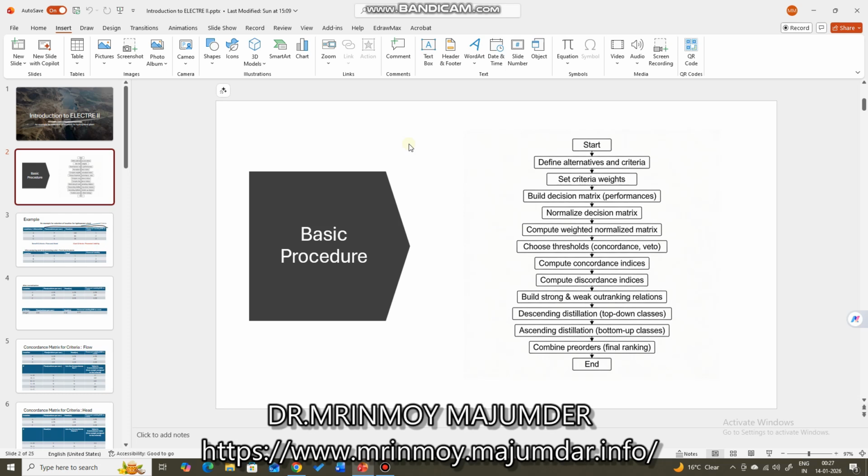That matrix, which may have data of different units, needs to be normalized to remove the scale errors, and then you have to compute the weighted normalized matrix. Then you have to choose thresholds to find the strong and weak outranking between the alternatives,